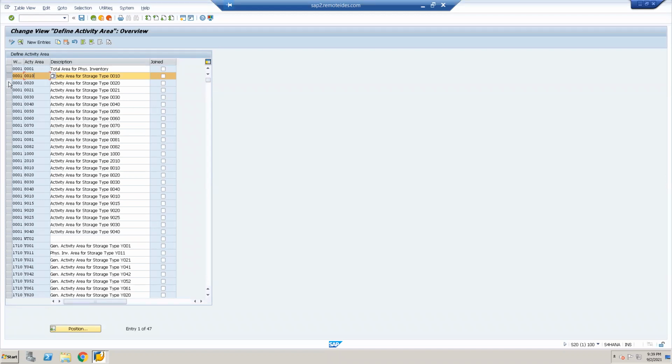Okay. So by 5, I can attach it, I can join by using the join radio button, is it? Right. So if you have one activity area assigned to multiple storage types, then you can join it, so that which one should be taken up first in the preference. Oh, okay. And for example,